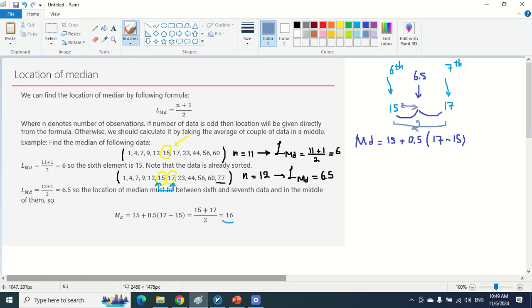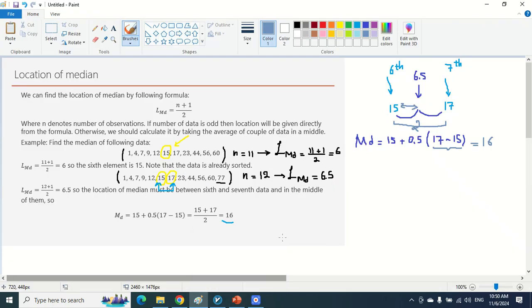So I add half of the difference between 17 and 15, which is 2. Of course, half of 2 is 1, so the number that we have there will be 16. This method of calculation helps us to calculate the quartiles more easily than the